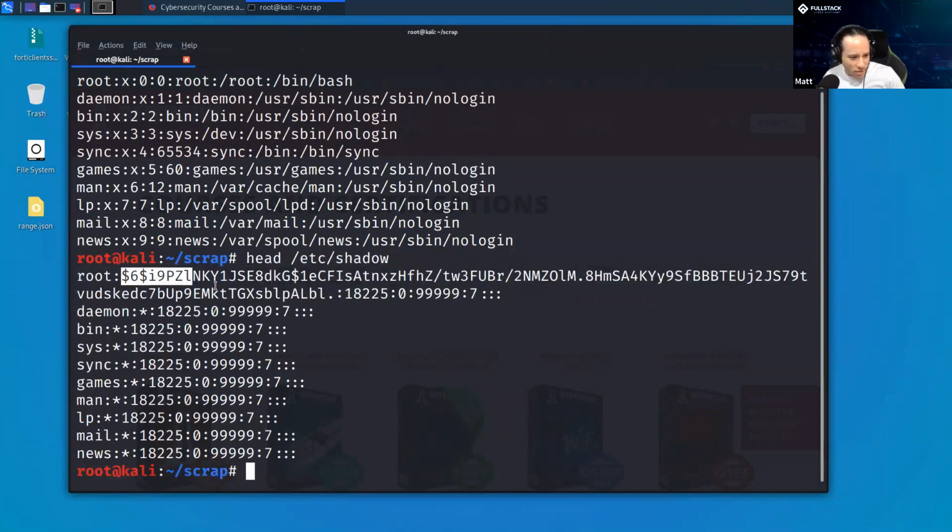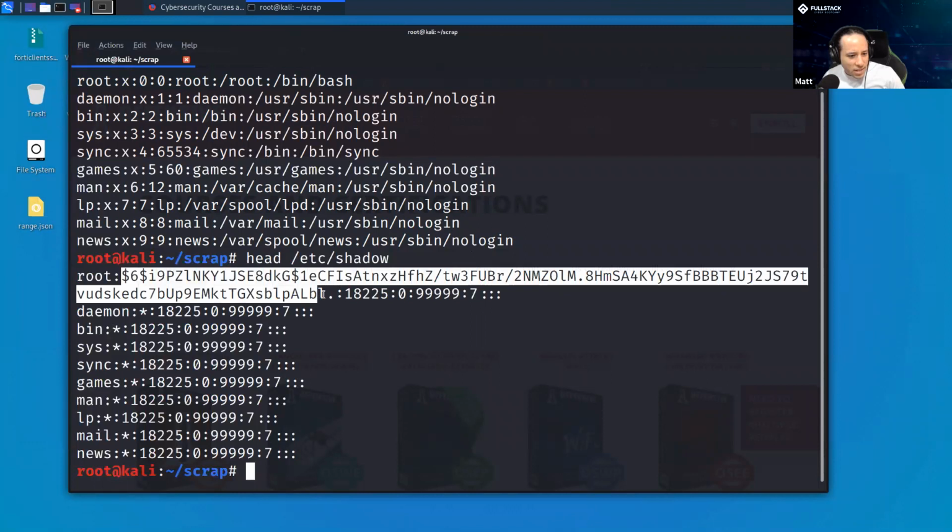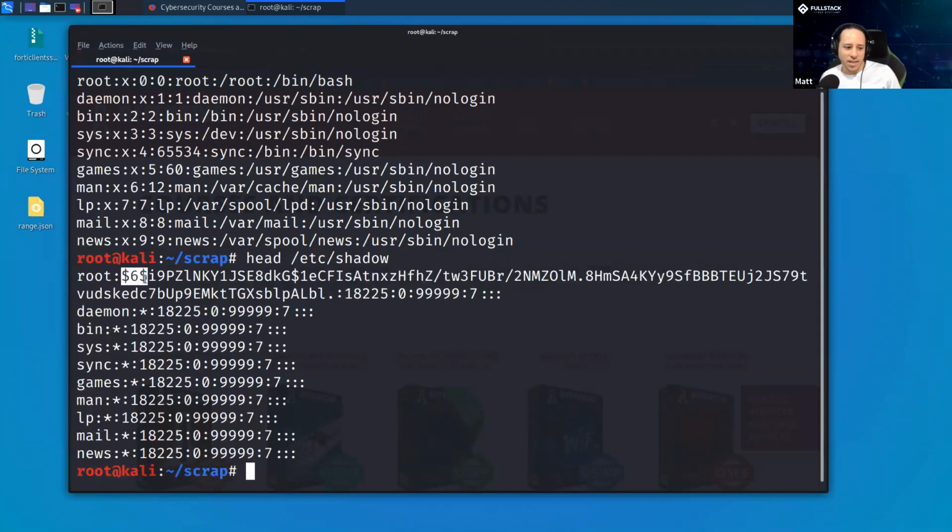I'm just looking to see where the colon ends. I think this is all of it. And you could do a little Googling as to the actual syntax. You'll usually see a $ sign and a number in the beginning, $ sign number, $ sign. This is one way you could tell what kind of hash this is. You just kind of look it up.